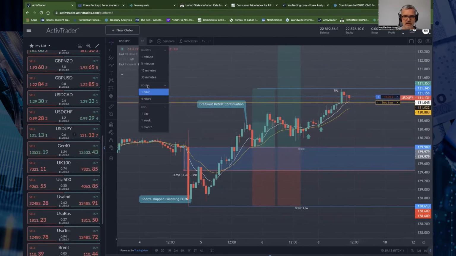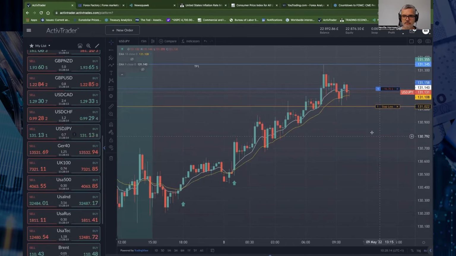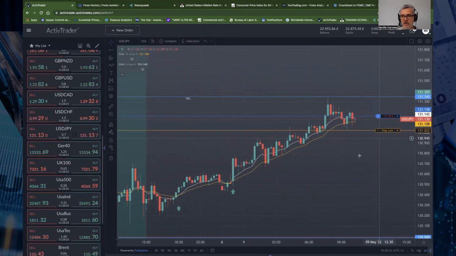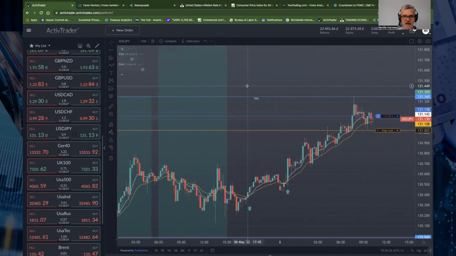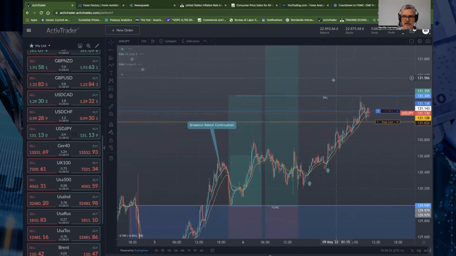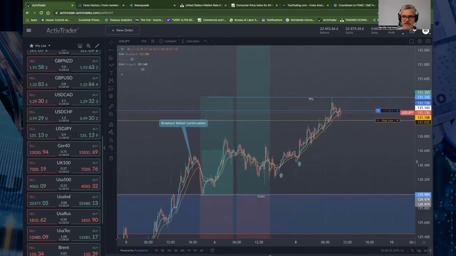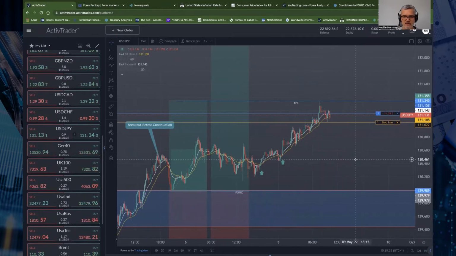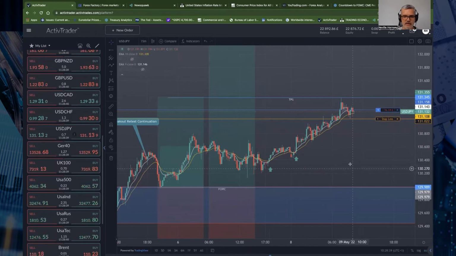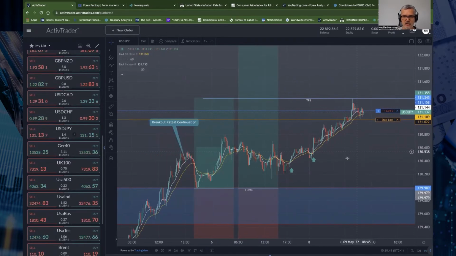If you go down to, say, a 15-minute chart, you can see here we had a dip down into the moving averages, closed back above, so I went long. That's my strategy for now, just to keep buying dips. So that's dollar versus the yen. Like I said, monetary policy divergence between the likes of the Bank of Japan and the ECB versus the Fed. The Fed are going to keep pushing the dollar higher against the euro and the yen, in my opinion. So that's the way I'm looking to trade it.